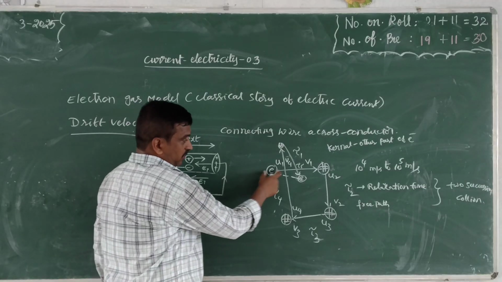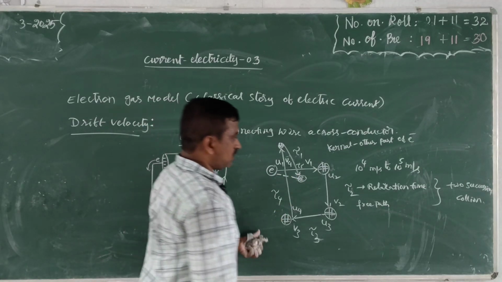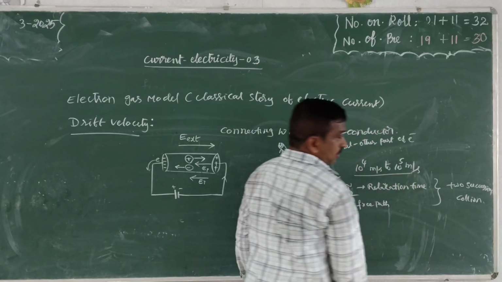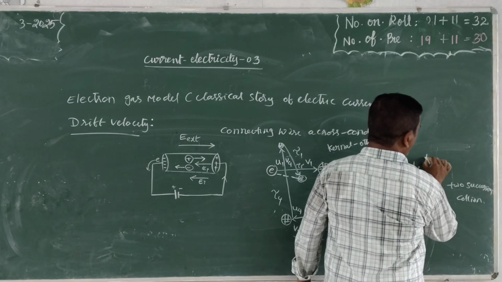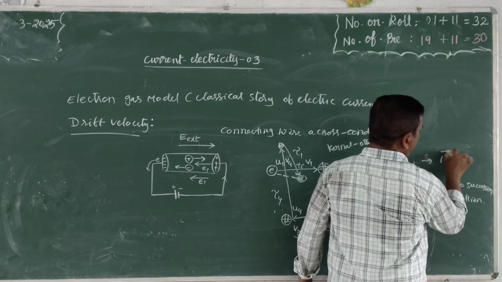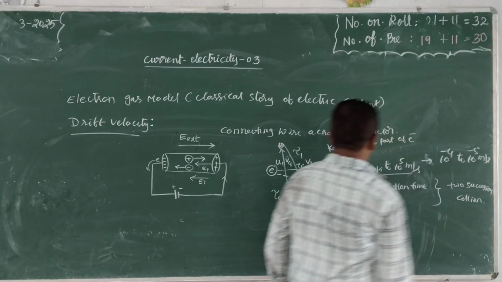Here the displacement is very less. So from 10 power 4 to 10 power 5, initially it has, it decreases to how much now? To 10 power minus 4 to 10 power minus 5 meter per second because of collision